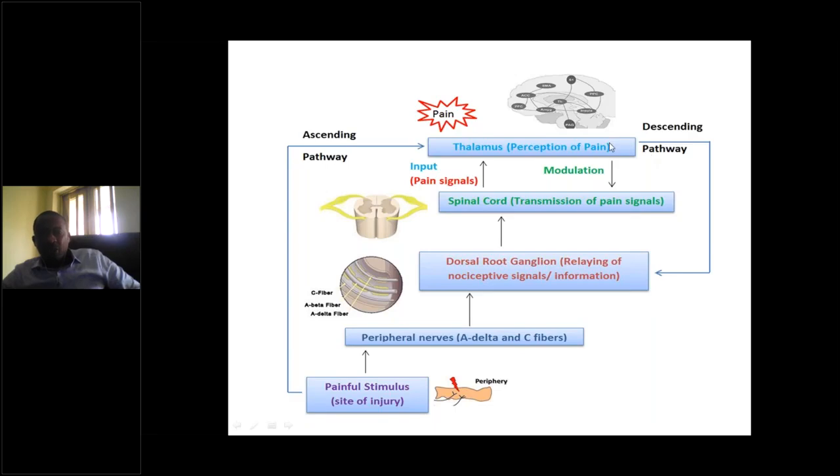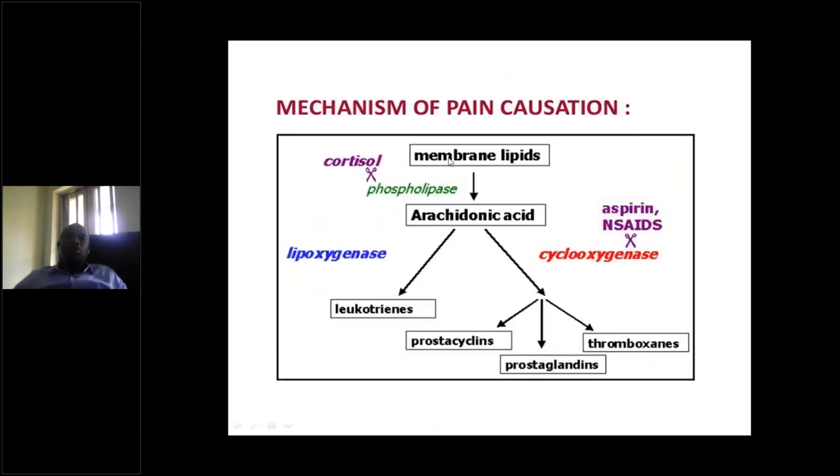It will descend from the thalamus to the spinal cord and to the dorsal root ganglion. And when you get there, it will descend to the point of injury. So when you get to the point of injury, then you are instructed by the body to remove. So for pain, let's look at the mechanisms of pain